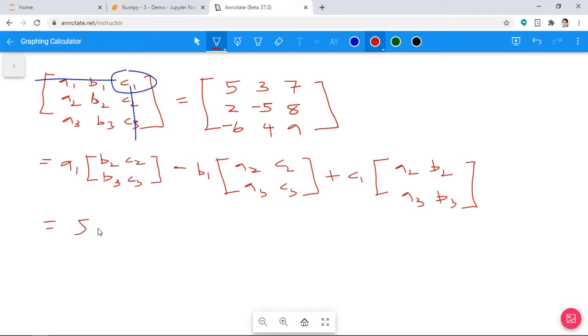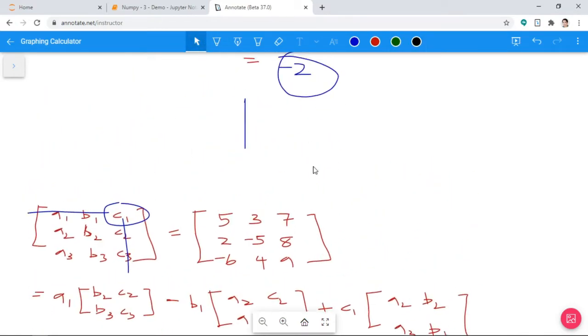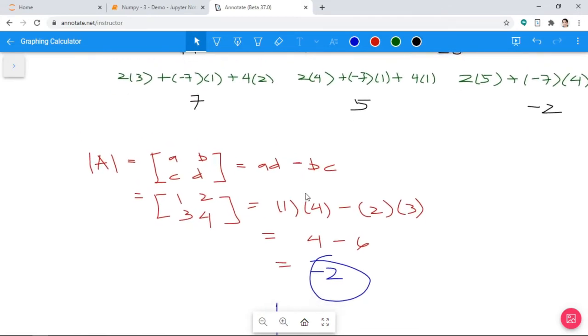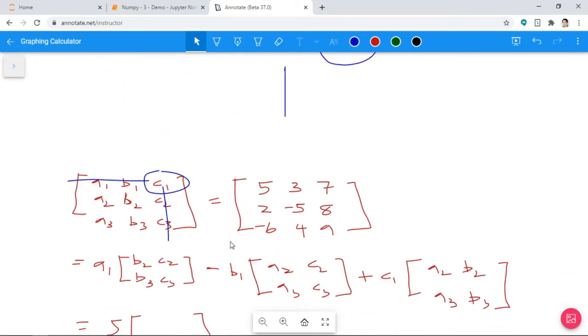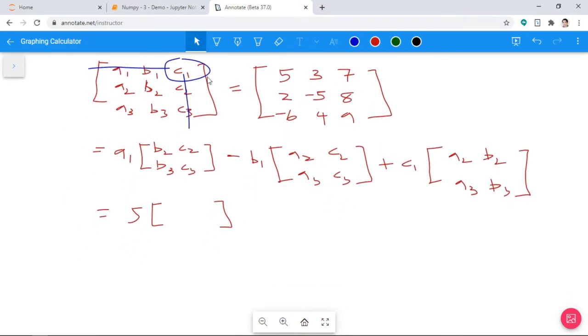How will you compute this? Let me remind you: if you have a 2 by 2 matrix, your formula for the determinant is AB minus BC. But since we have 3 by 3, we can go directly for the formula as we need to